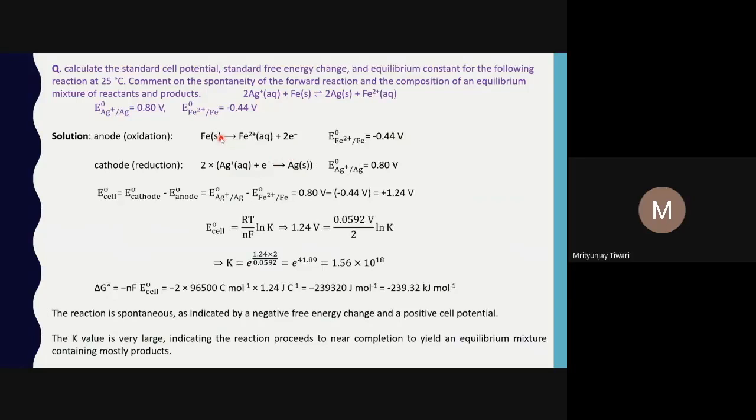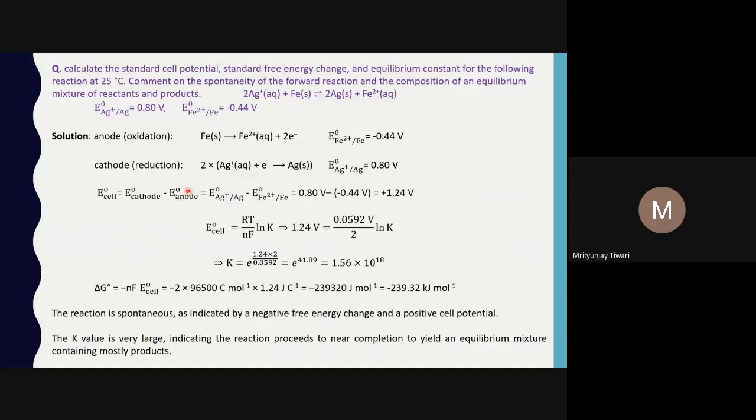So for 2 moles of electrons, we need 2 moles of Ag+. So we have to multiply this entire reaction by 2. For this reaction, the standard reduction potential of Ag+ is given as 0.80 volt. From here we can get the E naught cell, which will be E naught cathode